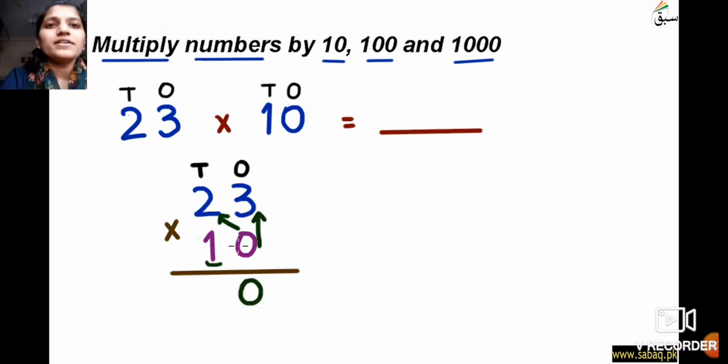So here we have multiplied 0 by 3. 0 threes are 0. As we all know, when we multiply any number by 0, we get 0. So 3 zeros are 0. Now 0 into 2, 2 zeros are 0. So when we finish the first step, we are going to give a plus sign, and after that we are going to multiply 1 by 3 and 1 by 2.